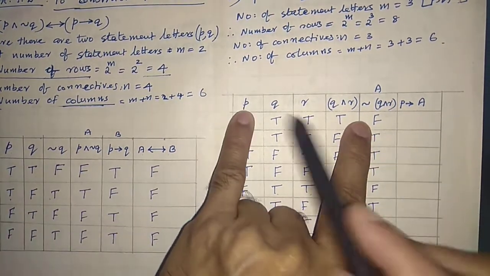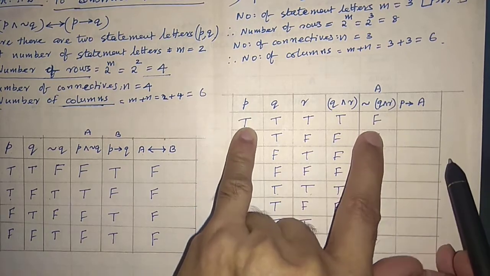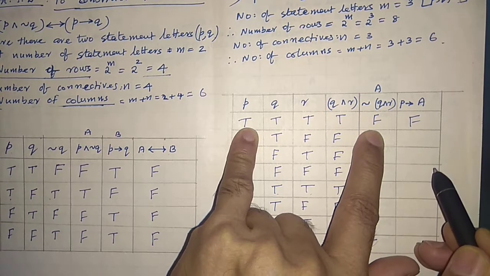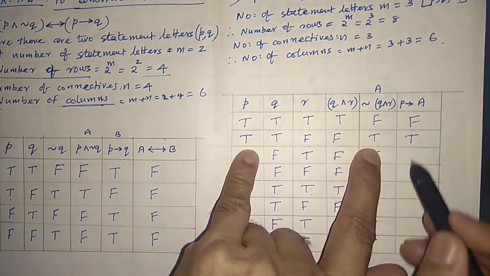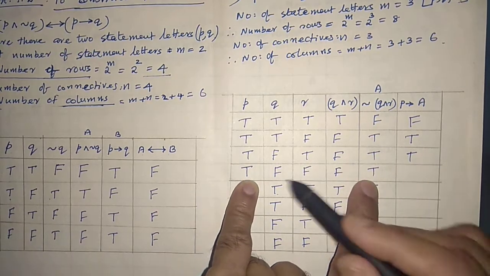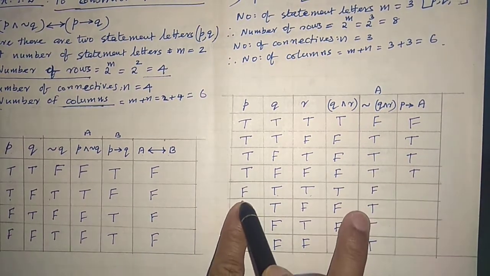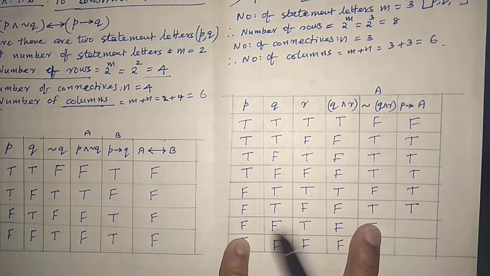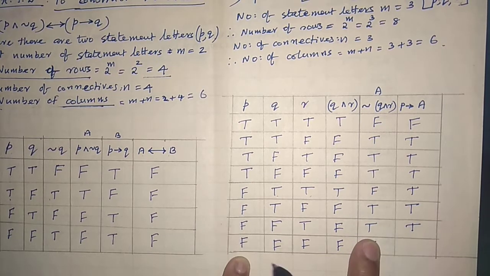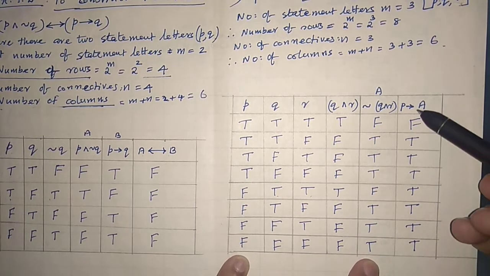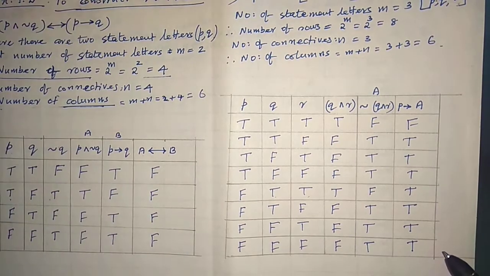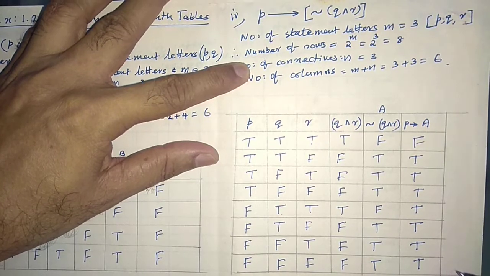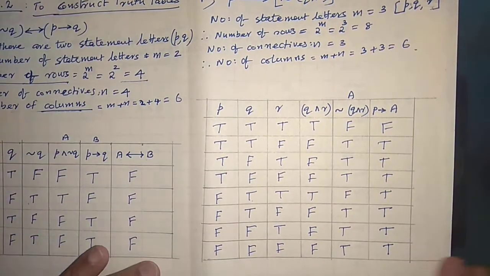That means this column first and this column second. Truth values of simple implication: first is T, second is F, then it is F, only then F. T, T is T. T, T, T. F and T is T. F, T, T. F, T, T. This is the final statement pattern for the whole thing. Please do this. It's easy.